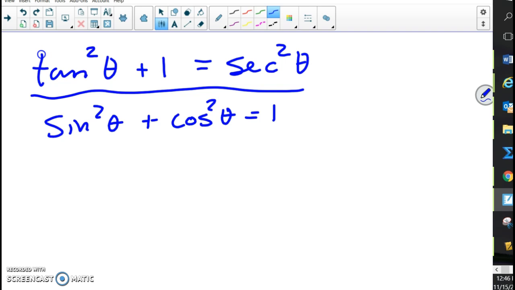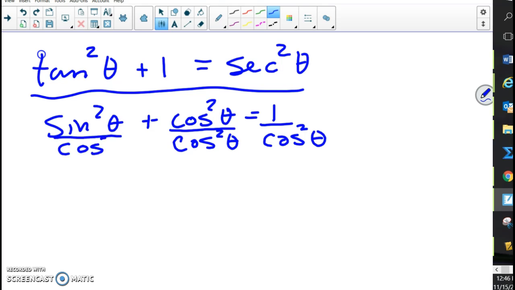And what we want to see in proving this identity are tangents and secants. Understanding that, we could probably see that the cosine value needed to go away. If we divided every term on both sides by cosine squared,